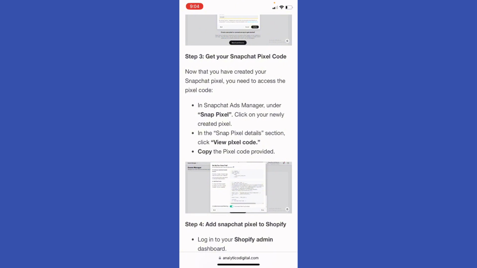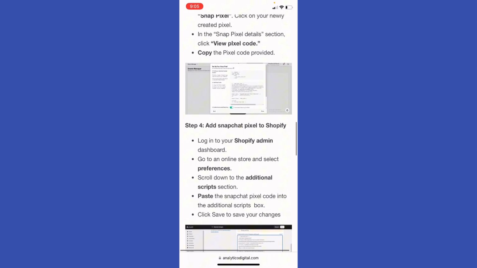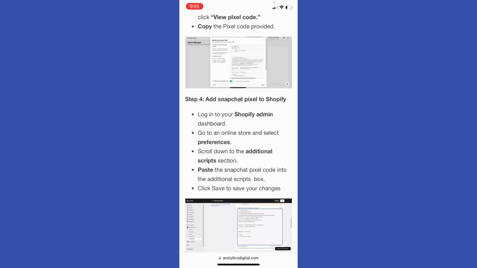And now that you have created your Snapchat pixel, you need access to the pixel code. In the Snapchat Ads Manager, under Snap Pixel, click on your newly created pixel, and then in the Snap Pixel details section, click view pixel code, and then copy the pixel code provided, and then go ahead to your Shopify, and then log